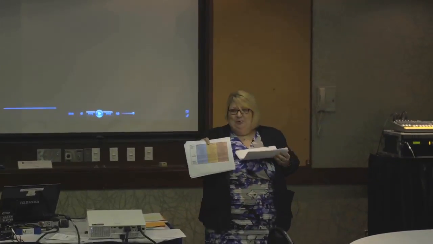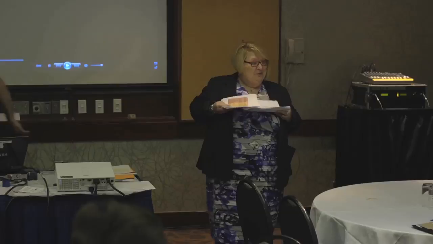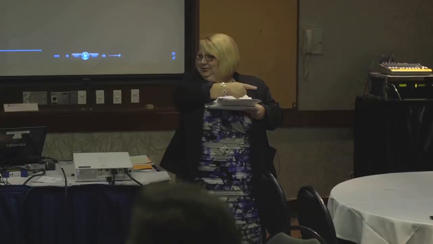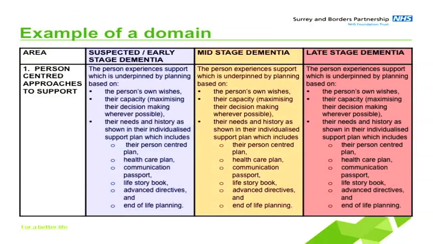I'm going to give you the descriptions for those 6 domains and a score sheet. In your tables, I want you to have a discussion and decide how you're going to score Derek and the care that he's getting on each of those 6 domains, so you can see in practice what it feels like to do it. Okay? You're looking at the middle, the pinky, orangey colour, because he's got mid-stage dementia. So read the description, think about what you saw on the DVD,